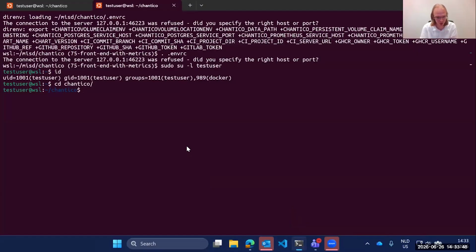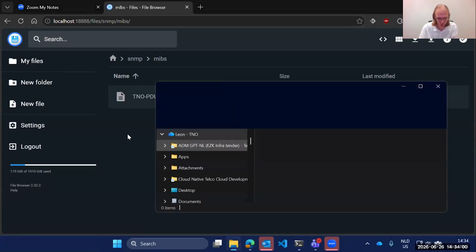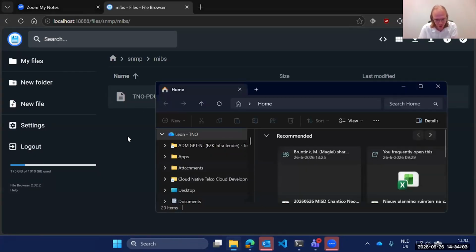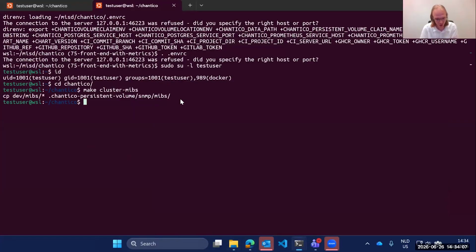We have a make recipe to do this for us. That will just copy all the files into there, and then we already did it. The other way would be to drag and drop files into here. But now we have already done it, so that's fine.